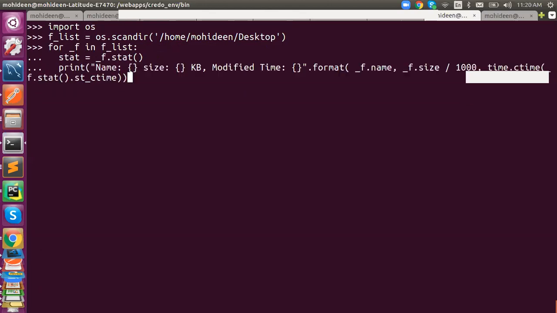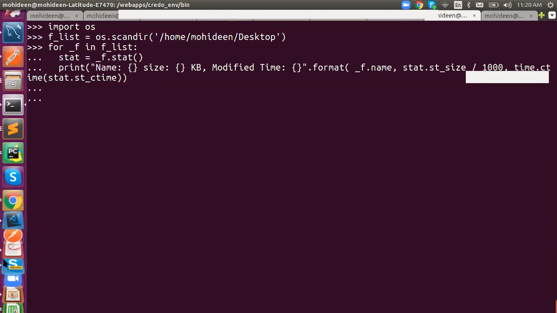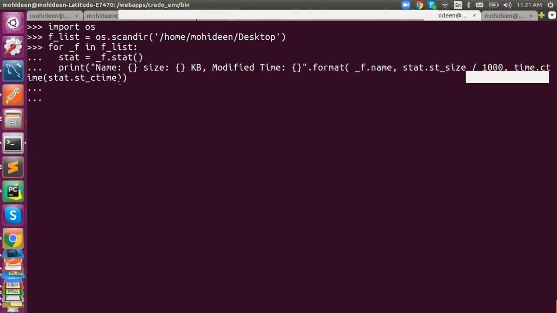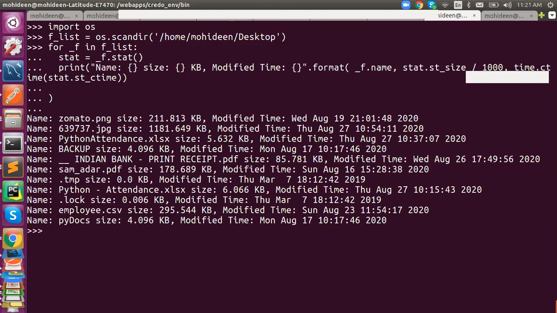In the print statement, stat.st_size, and I need to pass stat.st_mtime using this format, and I need to close the print. I didn't close it. Got it? The file name, the size, and the modified time. This is how it appears here.